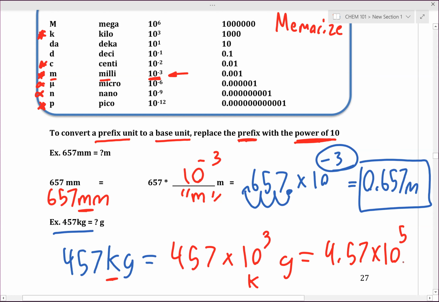If you're curious how we obtain this result, first and foremost, we have a power of 10 to the second here in 457, and we just added these two exponents together. We'll talk about that in a moment. And of course, don't forget to include that it's in grams. When you do unit conversions, don't forget the units. Any questions on this example? Okay, let's continue on.